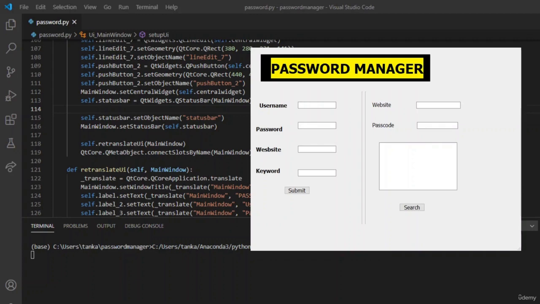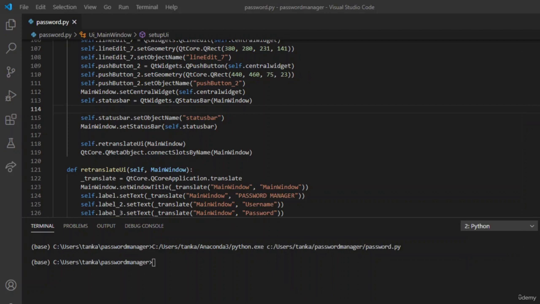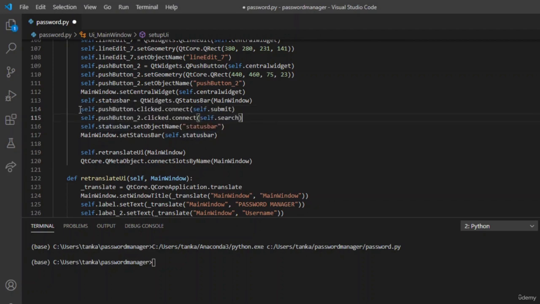Now that we are done with converting the .ui file to .py file, let us start giving some functionalities to the submit and search button. To give some functionalities, we need to connect the submit button to a function. So first we'll connect the button. This command says pushButton.clicked.connect. Clicked.connect is used to connect a function to the button named pushButton. Same for self.search. We are connecting the search function that we are going to write now to pushButton_2. So now let us write the function def submit